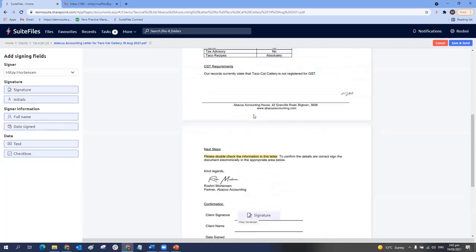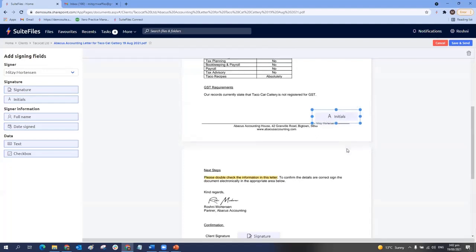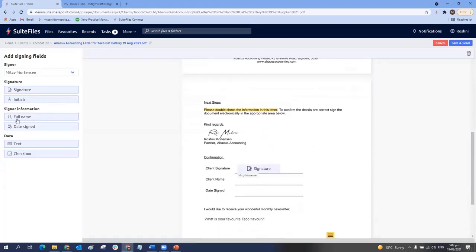Here we want to put her initials, so we'll pop initials here. The A is the symbol. So the A is not what Mitzi Mortensen's initials are going to come through as. That's just the little symbol or icon to represent initials. So hopefully you don't get confused by that one. And we'll go full name